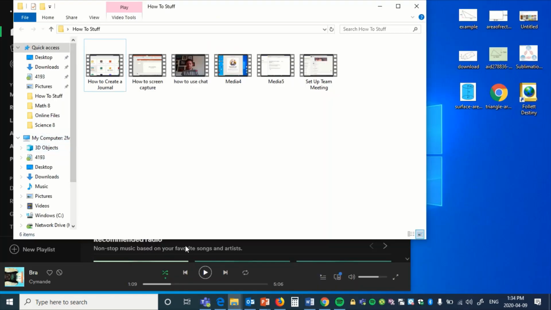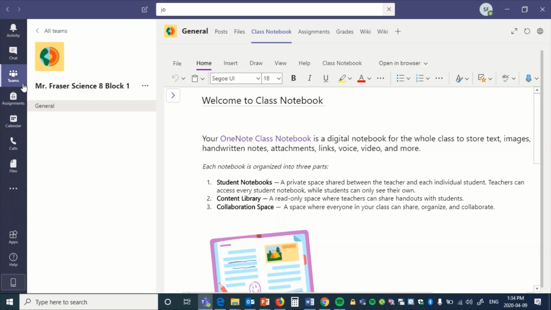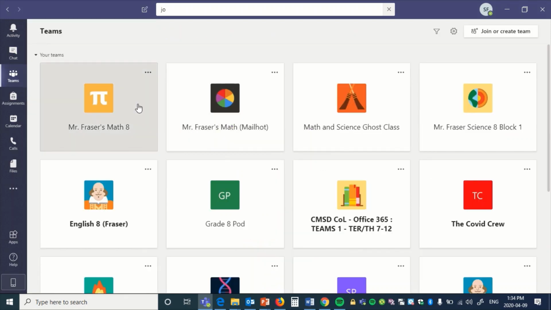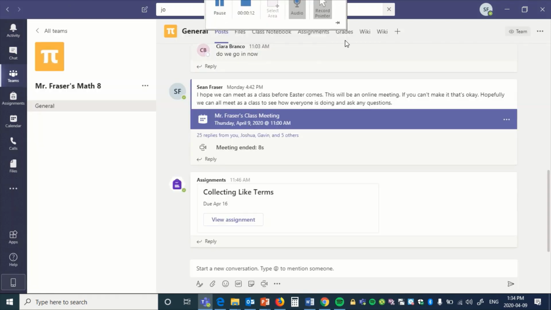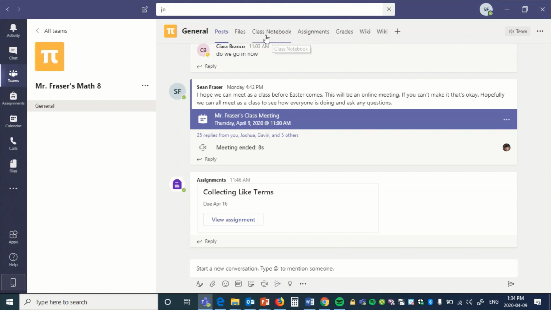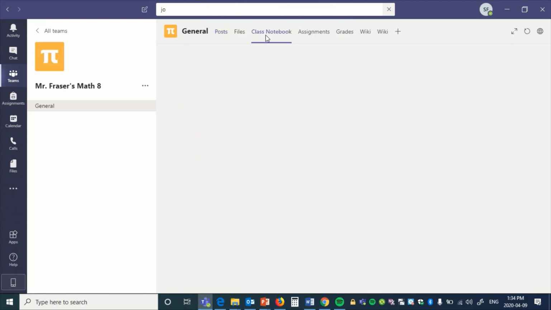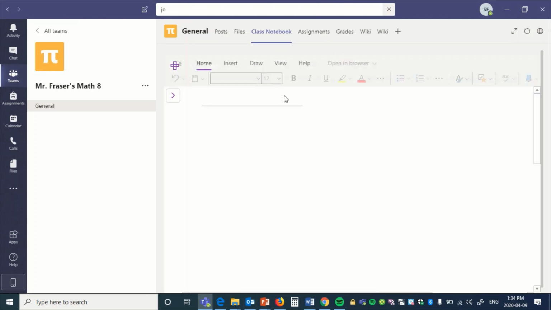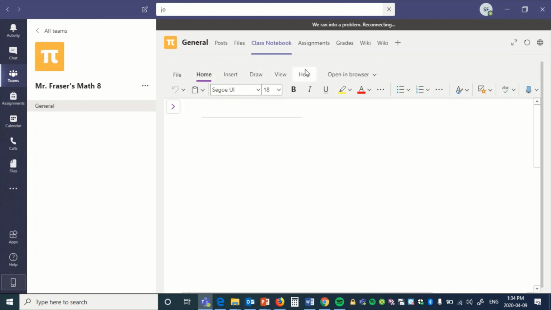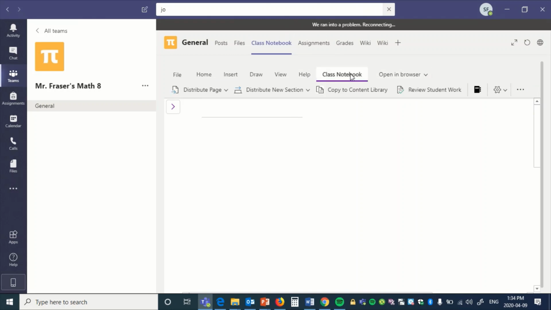Alright, and this is how you set up a journal if you've already set your class up and you're not at that beginning space. Let's say you've just been playing around with it and you already set up your files. So we can go back to Class Notes, click right there. And this interface, I've found, not the most easy. You go to Class Notebook again, and this little thing right here, manage notebooks,